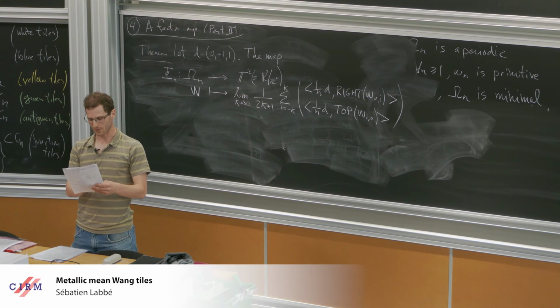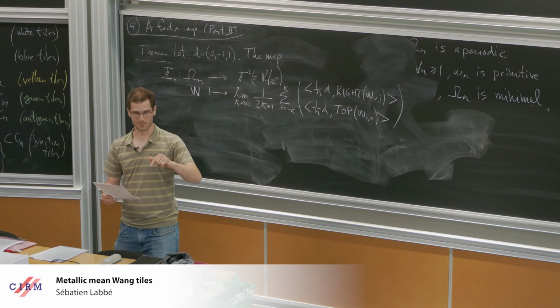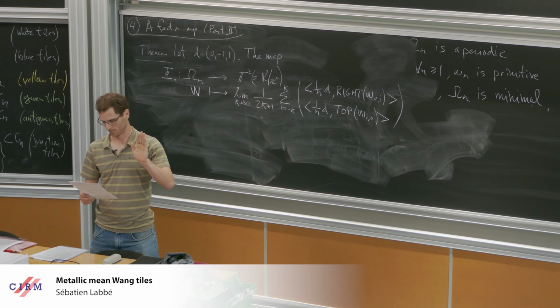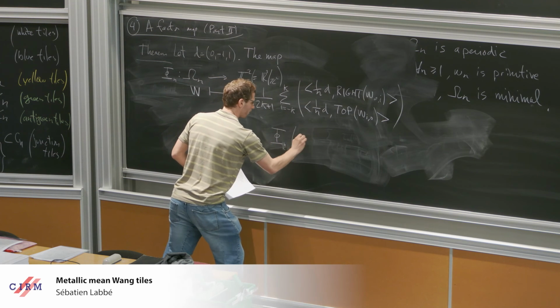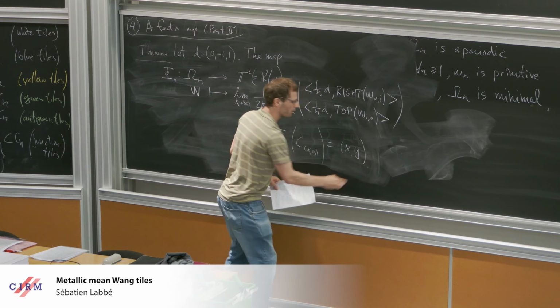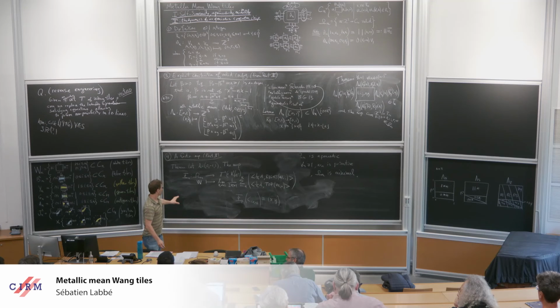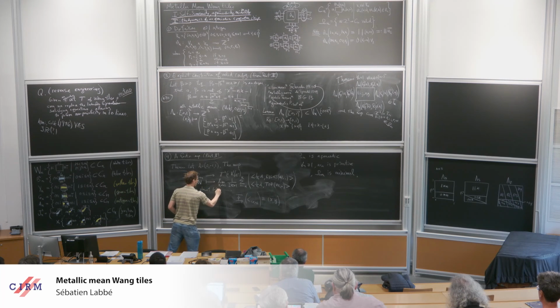It's an almost one-to-one factor map, so it's continuous and onto, satisfying the fact that it commutes with the action Rn defined by rotating by beta horizontally and rotating vertically by beta. And also such that if you apply it on C defined by xy, you recover xy. Yes, I will write it down. So this is an almost one-to-one factor map,